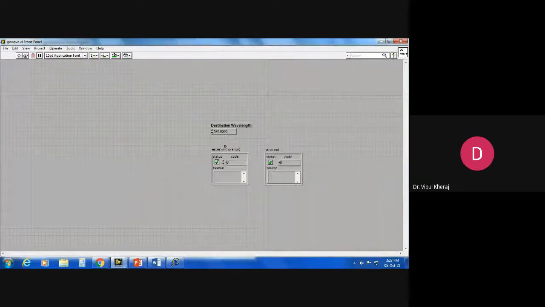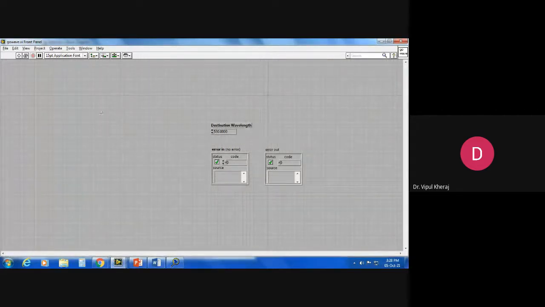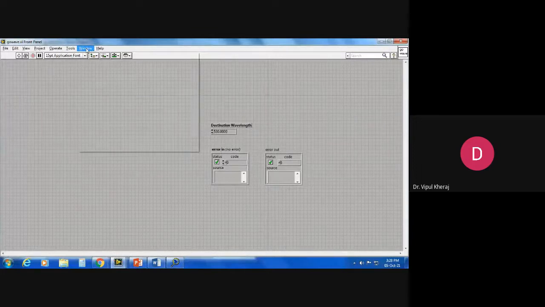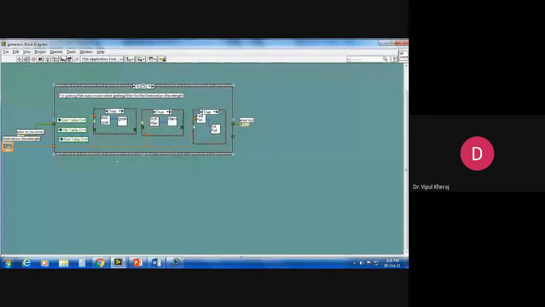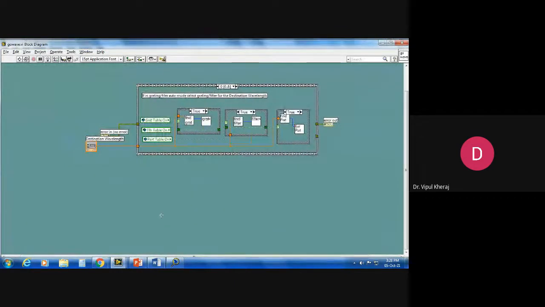Basically, it's all about talking to the instrument. I send a command to my instrument, and the instrument responds. Either it will give some value, or it will change the position or location or something like this. So LabVIEW basically helps us talk to the instrument very easily, and I find it much more convenient as compared to many other programming languages.